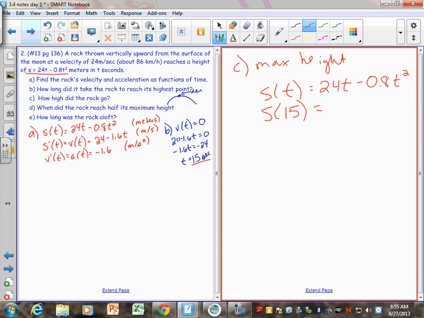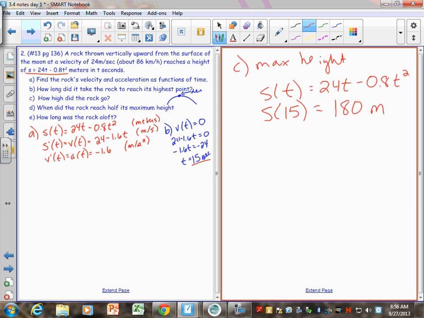And I just did that all in my calculator. I'm just going to tell you, I got an answer of 180. If we're talking about height here, this would be an answer of 180 meters. So we would say that that rock went 180 meters in 15 seconds, which seems awfully high for a rock to go. But it's on the moon. Remember, it's on the moon. That's why, because it's going to float up there for a long time. I forgot we were on the moon. You with me on that part?